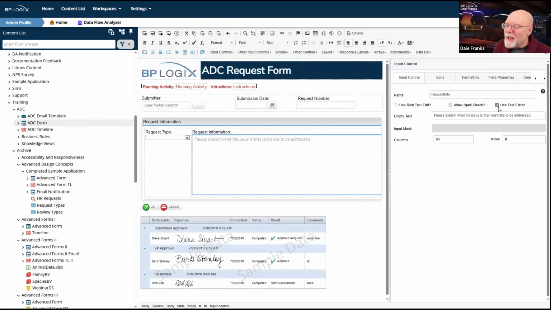So using the text editor, cool, gives your people some options, but as administrator, it's going to constrain some of your options later whenever you might want to pull these values out and display them. Just keep in mind that you are storing, when you use the rich text editor, raw HTML. I think in my case, I'm just going to go ahead and turn that off.